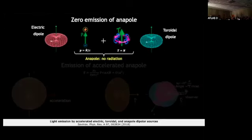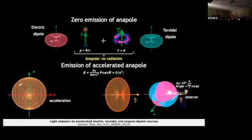dipole. Another idea is more exotic, but still physically very important: if you have an anapole created by a combination of electric and toroidal moment, which does not radiate, but then you